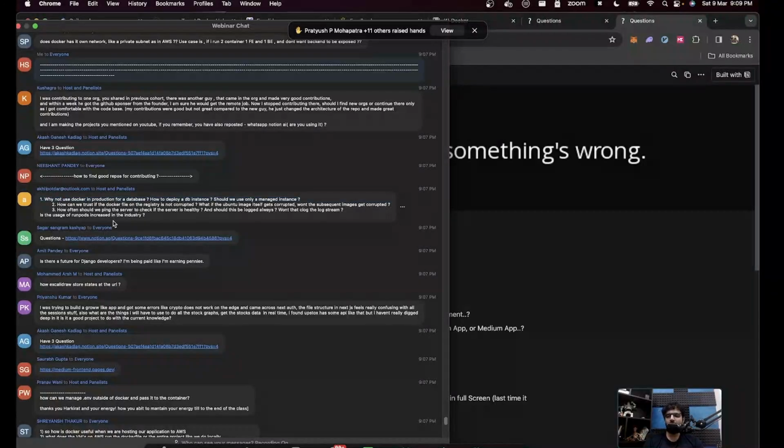Why not use Docker in production for databases? Yeah, so few reasons. One, it's not like you don't. You do, sometimes. It's just generally a little scary to own database deployments, because if data gets lost, you're screwed. So it's usually something you defer to cloud providers. You use RDS from AWS, or you use whatever, NeonDB, Aiven. Databases is something you don't usually own unless you have really sensitive data that you don't want shared anywhere. So that's one.